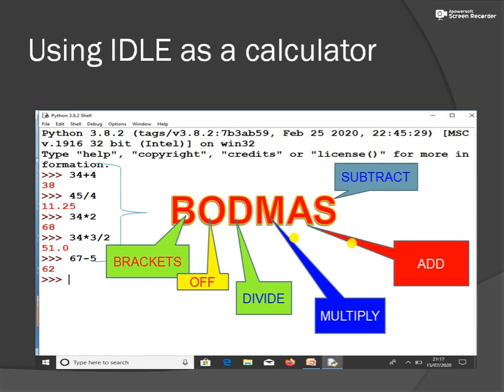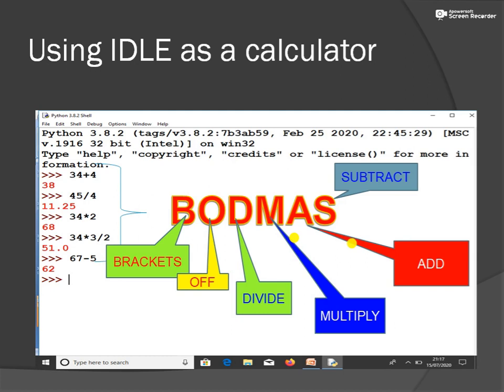Now move to the next point. Using IDLE as a calculator means using your Python interactive mode as a calculator. Students, to evaluate an arithmetic expression, it is not necessary to always use the print function.